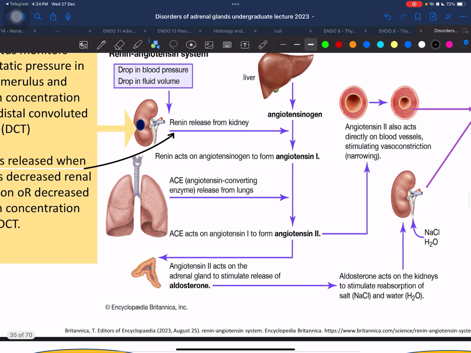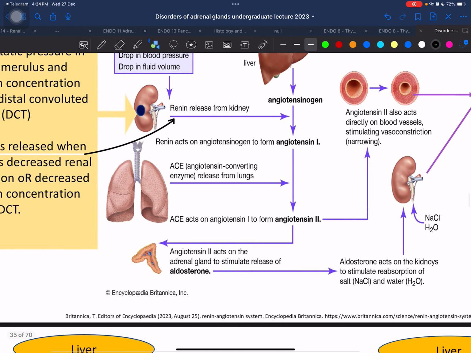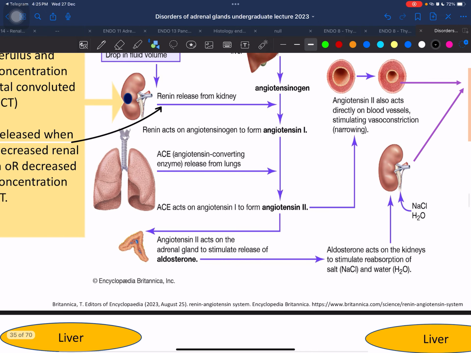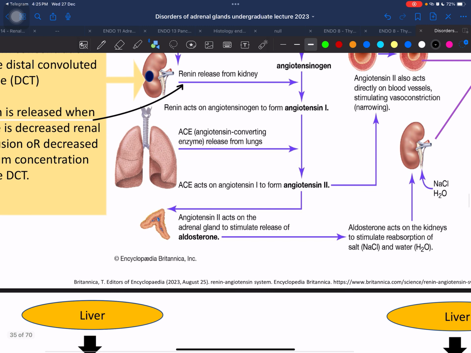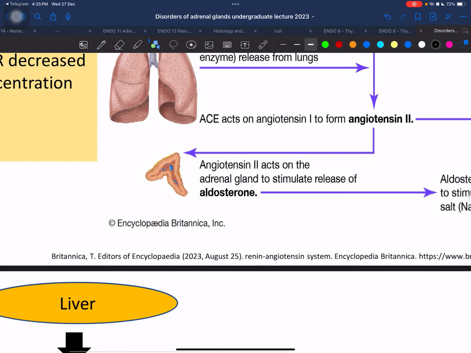from your lungs. Now this angiotensin 2 will exert a few effects. First of all, it secretes aldosterone. This aldosterone also acts on the kidney to retain water, retain salt, to maintain the blood pressure, to bring up the blood pressure, to maintain the effective arterial blood volume. And also it causes vasoconstriction. All of these, the aim is to maintain the blood pressure, okay?